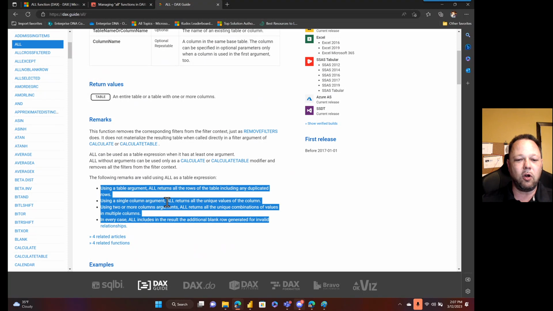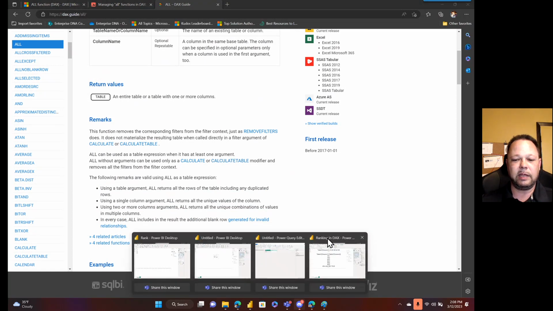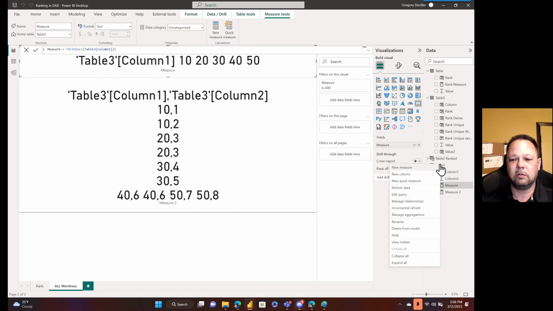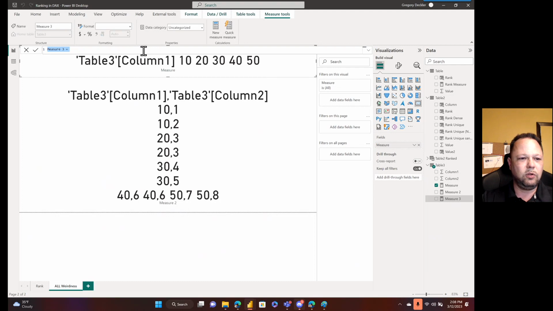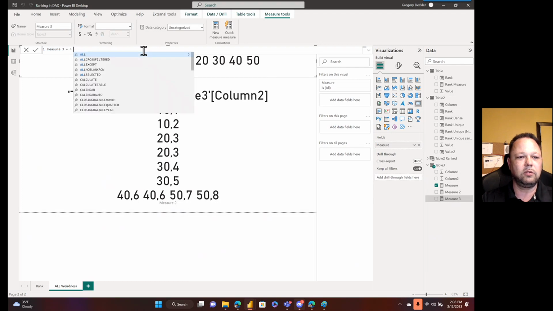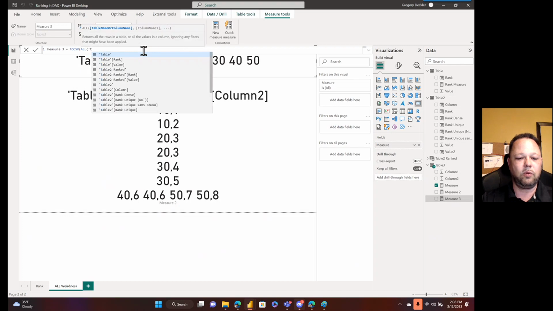Using a single column argument, ALL returns all unique values of the column. Using two or more column arguments, ALL returns all the unique combinations of values in multiple columns. So all the unique combinations using two or more columns. So in theory, if I created a third measure, well, is that true? So ALL TOCSV, ALL table 3,